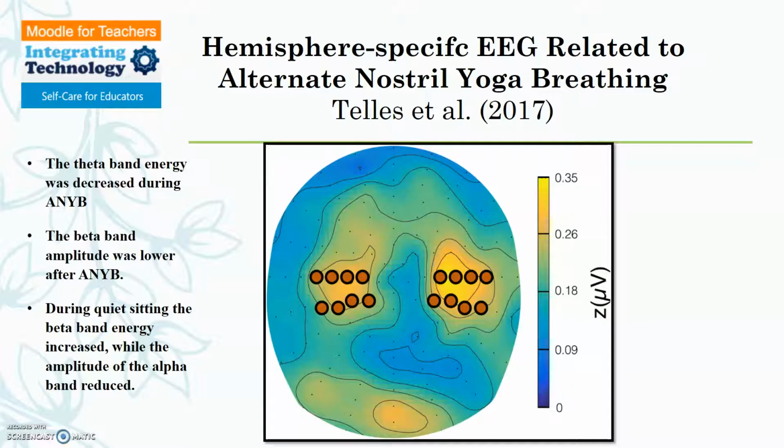Okay, these brain waves, alpha band, delta band, can be explained later, but as you see in the image, there is more power and more energy on the right hemisphere. Both hemispheres are affected, but more energy is recorded on the right hemisphere. In fact, there was no change in cerebral hemisphere symmetry, but the relative power in the theta band decreased during the alternate nostril yoga breathing, and the beta amplitude was lower after